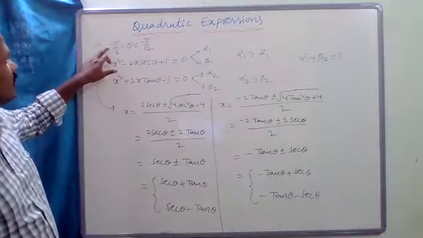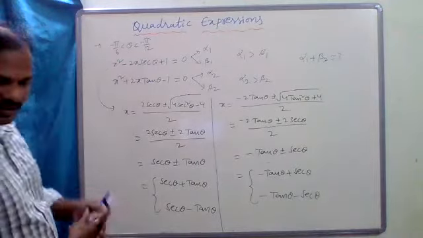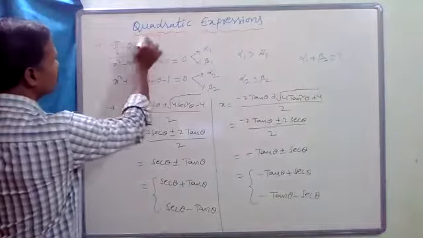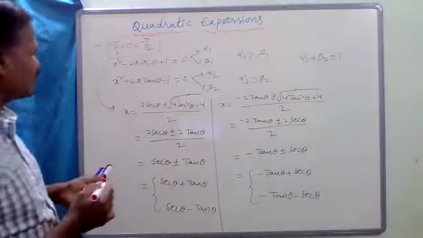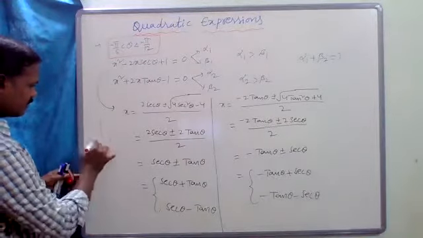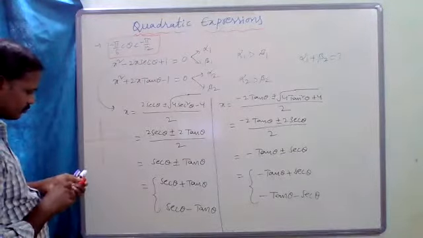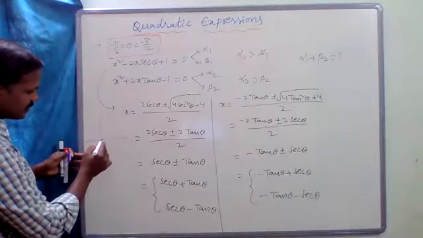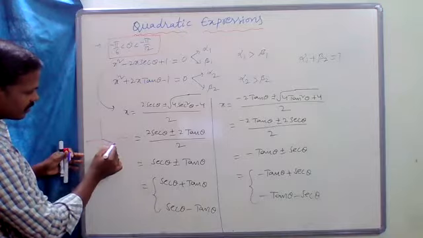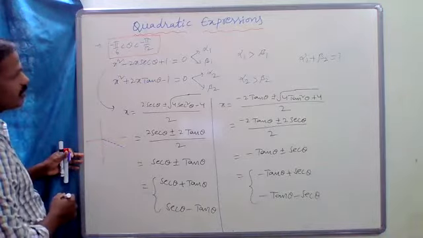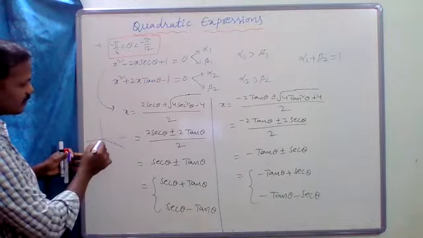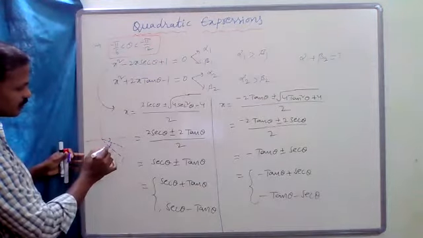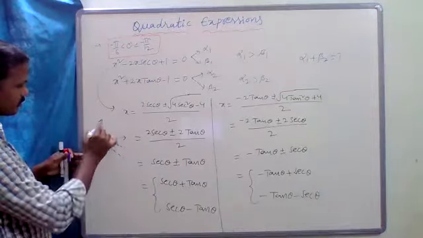Theta, see the condition for theta is this. So that means where is theta? Minus pi by 6 means it is here, minus pi by 6. And minus pi by 12. So minus pi by 6 and minus pi by 12, both are in the fourth quadrant.